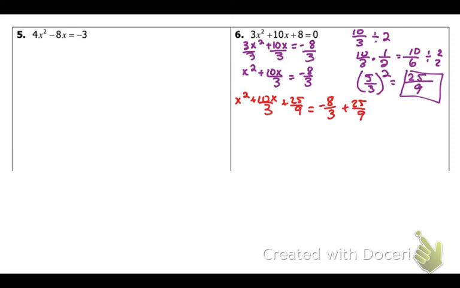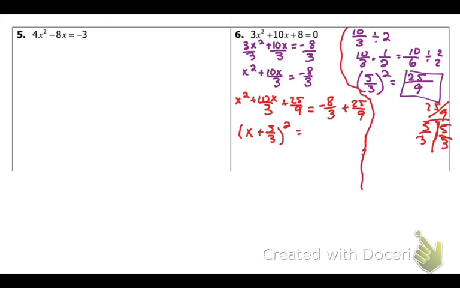Now from here, we have to figure out what times what gives me 25, but also 9. So it has to be the same stuff. What times what gives me 25? Well, that's 5. What times what gives me 9? That's 3. So it's actually 5/3. Now check them. Does that give you 10/3? So these are common denominators. What is 5/3 plus 5/3? That is 10/3. So then that's the one that you're working with. So x plus 5/3, and that's squared, is equal to